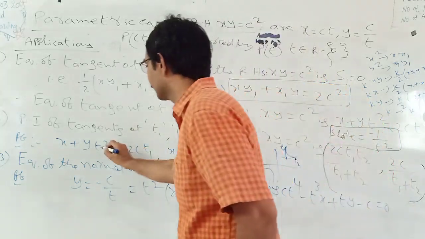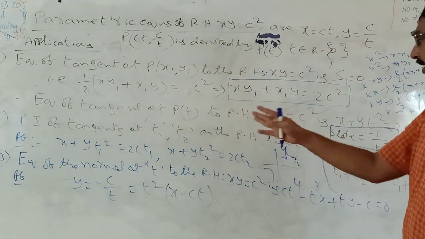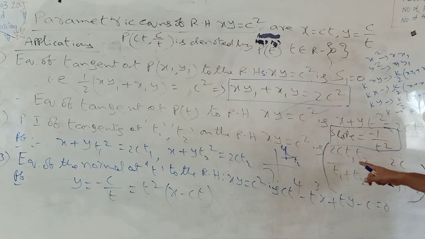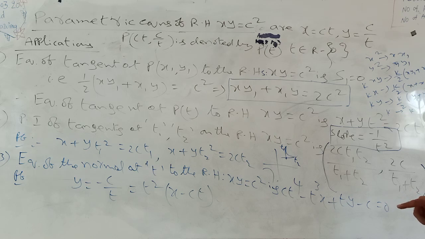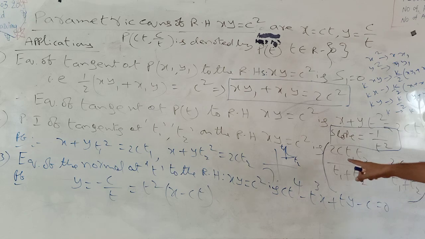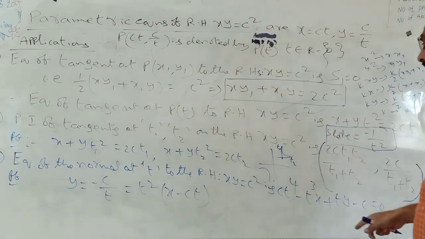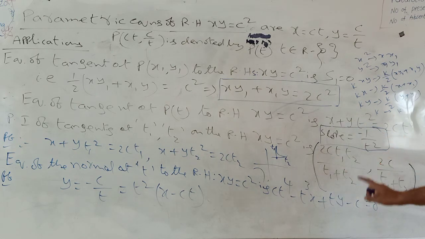First, by subtracting, get the value of y, and again by substituting in the first or second equation, get the x coordinate. This gives the formula for the point of intersection of tangents at t1 comma t2. Problems based on this are direct problems. They will give t1 and t2 values and can ask for the point of intersection of tangents at t1 and t2. By substituting the given t1 and t2 values in this formula, along with the values from the given hyperbola equation, get the required point of intersection of tangents at t1 comma t2.